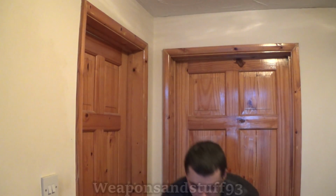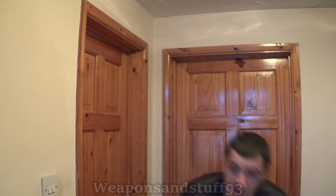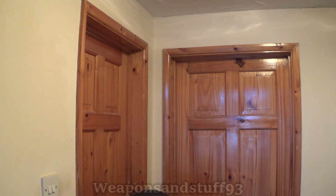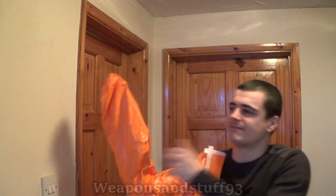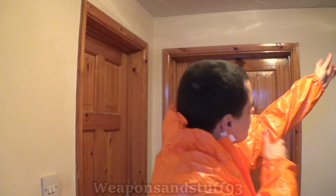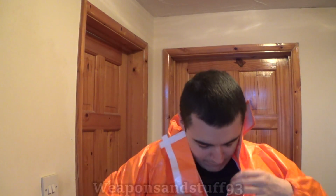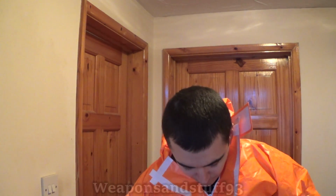Right, okay, I think I'm ready to put the suit on, so let's... One leg in. I try and be quite gentle with it, and I reckon it is rip resistant. Just try not to fall over while I try and get my leg in this one. Right, legs are in. Right, now let's do the zipper. Fold these flaps down. I think I can get the zip a bit higher, but it's very tight on my neck. I suppose it's probably meant to be, but...